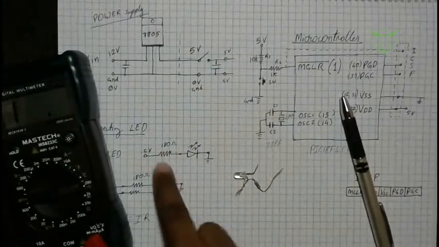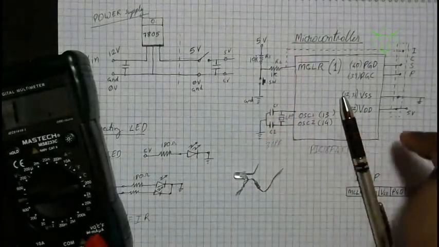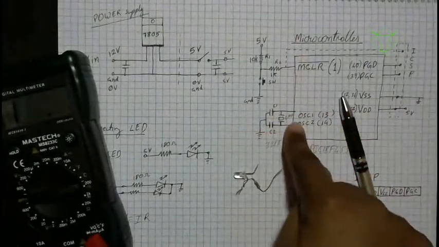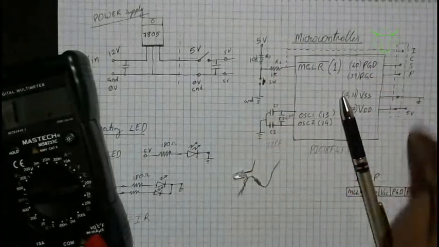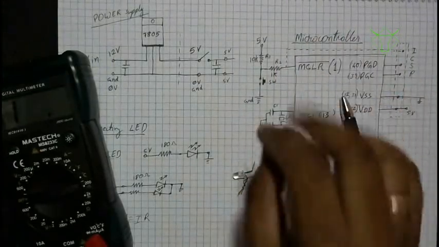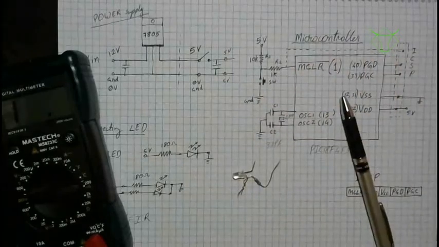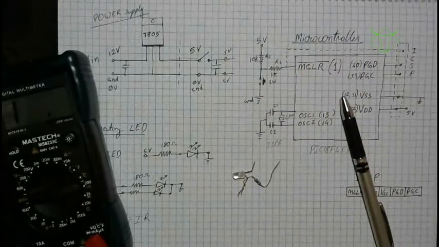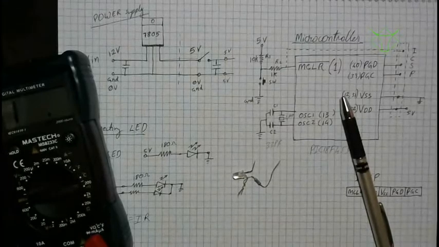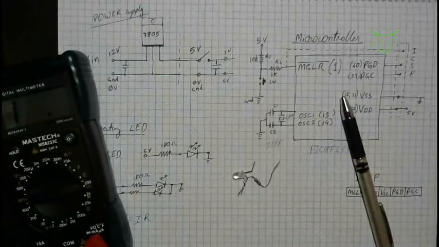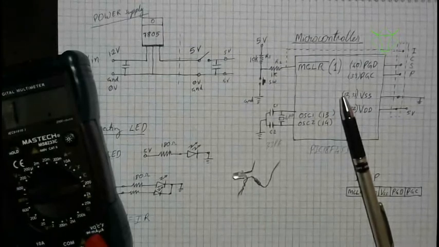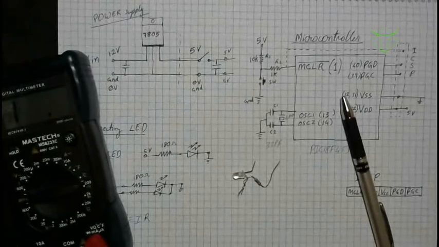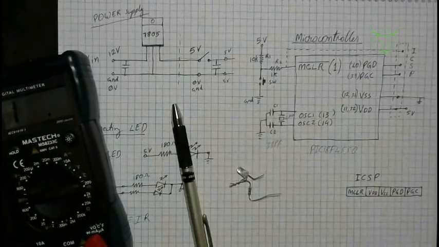So use this multimeter and check all the parameters. You should also take care that there is no short in between the pins. When you are building the circuit, there should not be any short. With all these precautions, build your board or buy the board. This is all about the basics you should know before starting with hardware and programming. So that's it. Thank you.